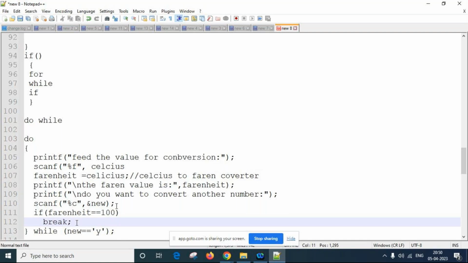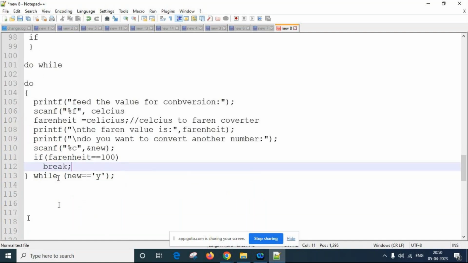Break means it will come out of the inner loop. That is, it will be breaking out of the while.